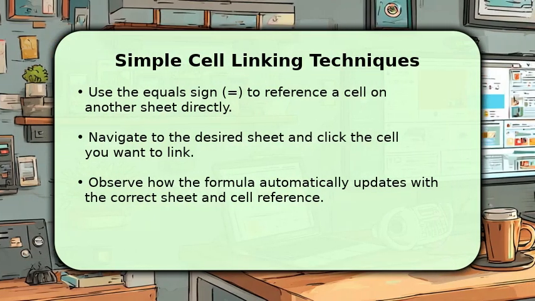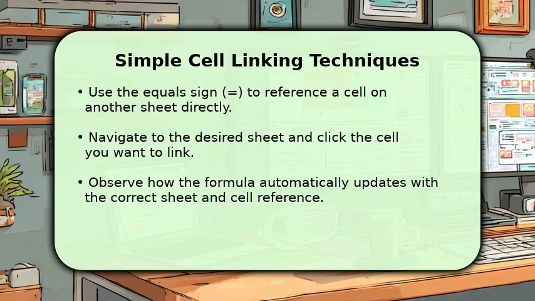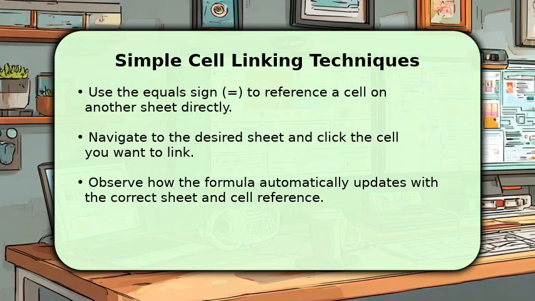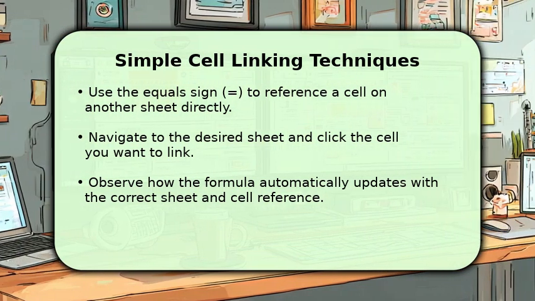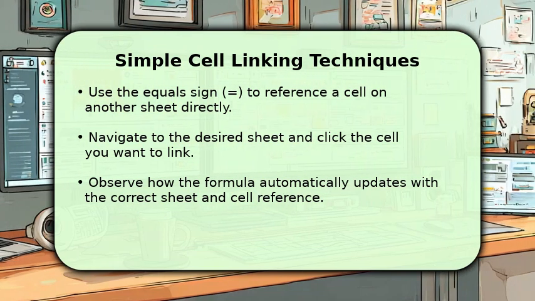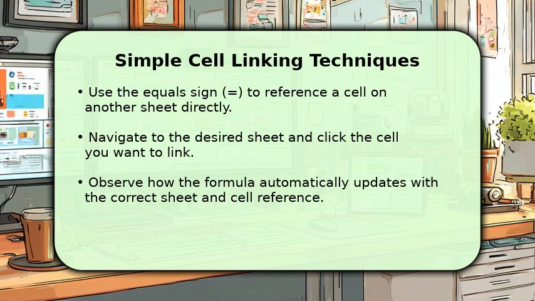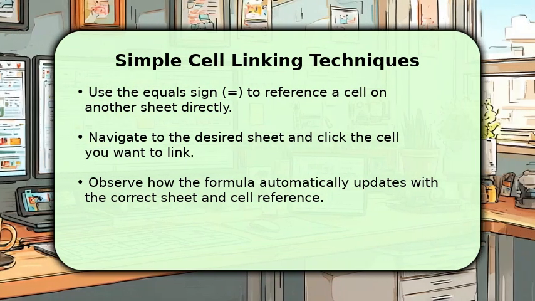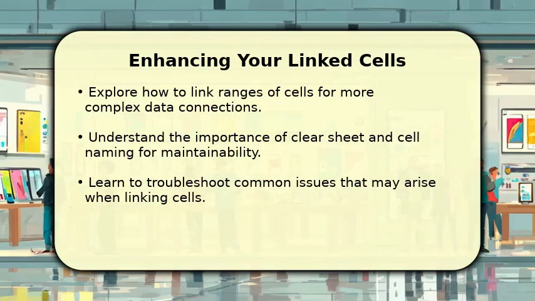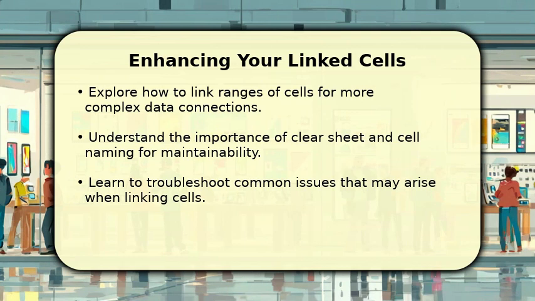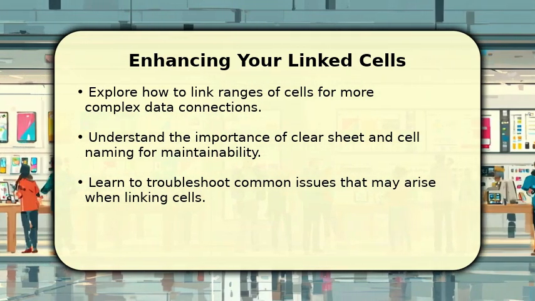Let's dive into the simplest way to link cells. You just need to start with an equals sign in your target cell. Then, navigate to the sheet containing the data you want to link and simply click on that cell. The formula will automatically populate with the correct sheet name and cell reference. It's a straightforward process that instantly connects your data, allowing for real-time updates across your workbook with just a few clicks. Beyond single cells, you can also link entire ranges, which is incredibly useful for consolidating data or creating summary